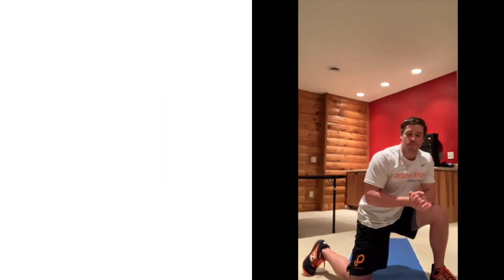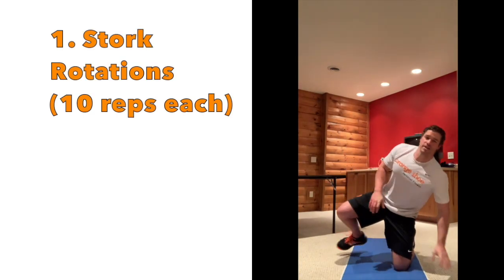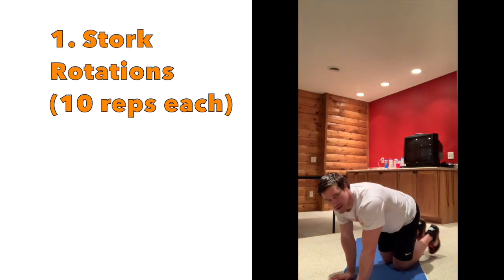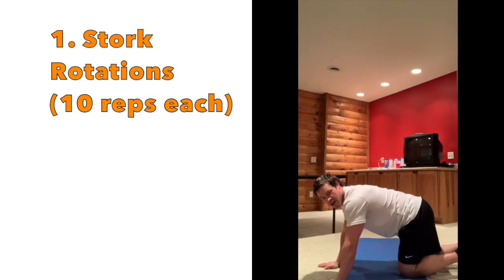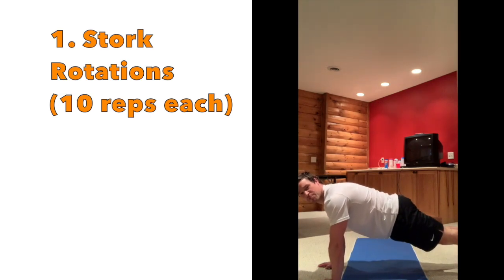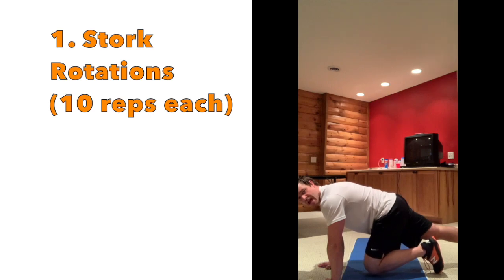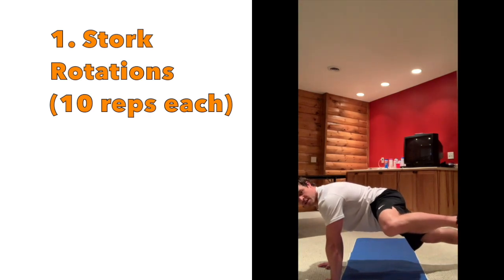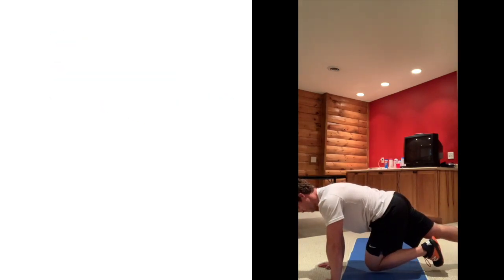Now moving on, I want to go into a core strengthening routine for the golf game. The first one will be, again, from a high plank position. I'm going to show you from a side angle. It's called a Stork Rotation. Okay, what you do is you start up in the push-up position, bend the knee under, keeping it off the ground, and then you simply lift it out and back under 10 times,